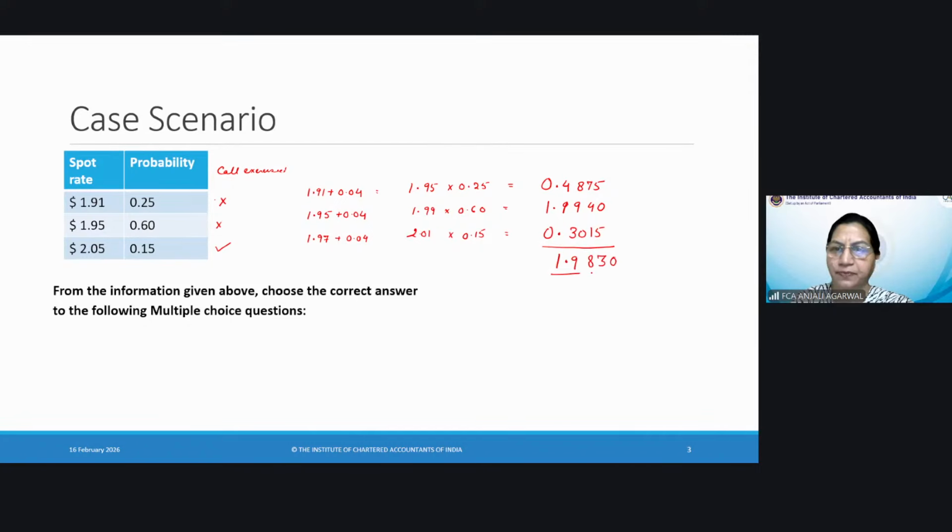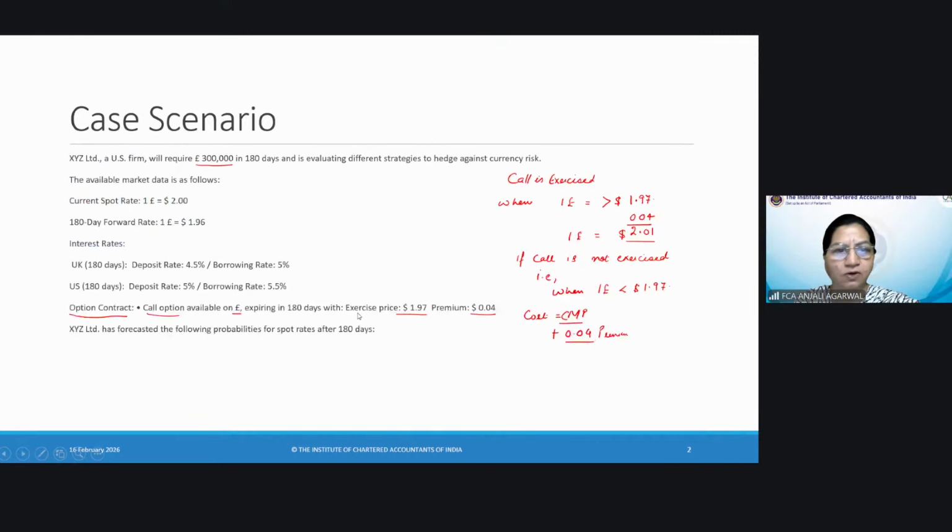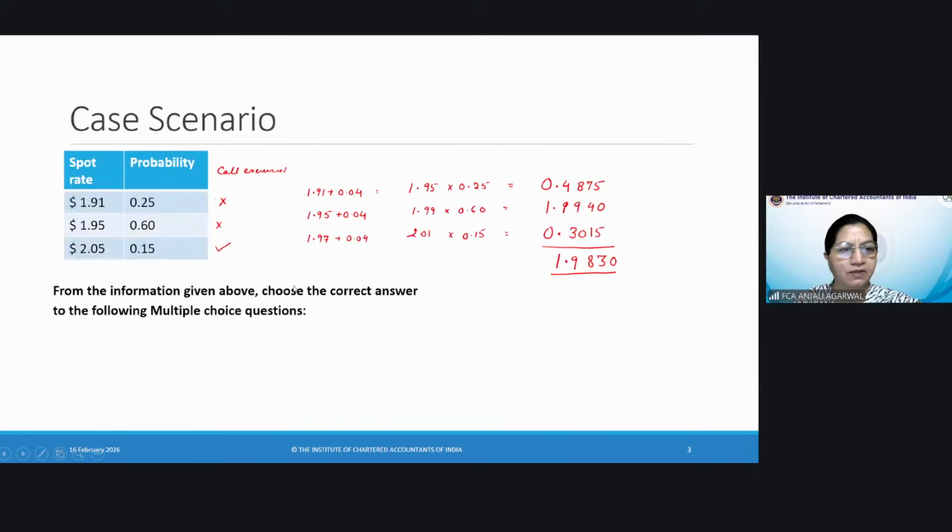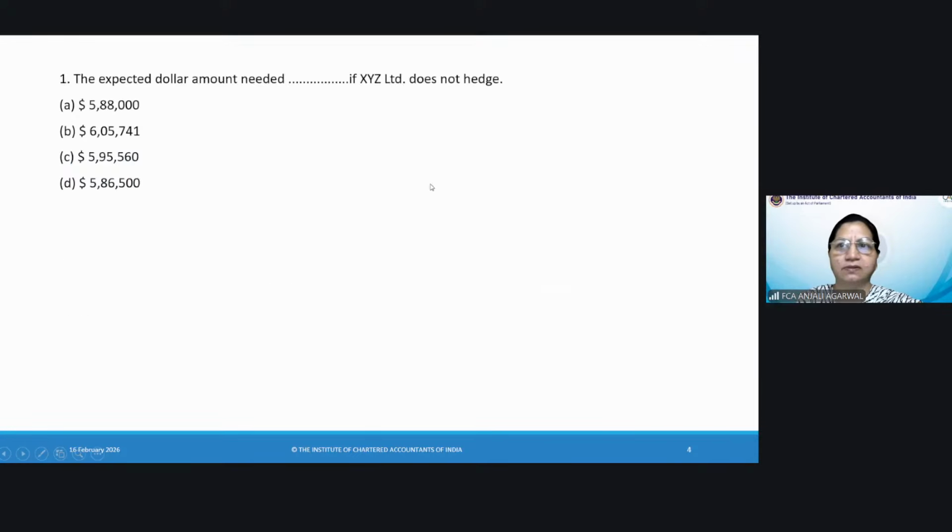1.9830. So we have to choose from this information the correct answer for the following multiple questions. Now we have done the working for the call option. Current spot rate is this. The forward rate is 1.96. And we will also do the money market hedge, where the US and UK rates for deposit and borrowings are also given. So first question is,